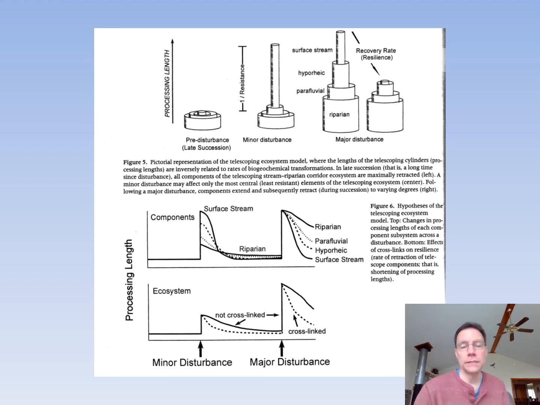So this is an interesting idea, and it's a way to measure how well streams function: how well do they process organic detritus as it floats down the stream. And you can imagine something like a canal that humans dug, which has very little diversity, very little living in it. It's just conveying water. The processing length might be almost infinite because there's nothing in that little